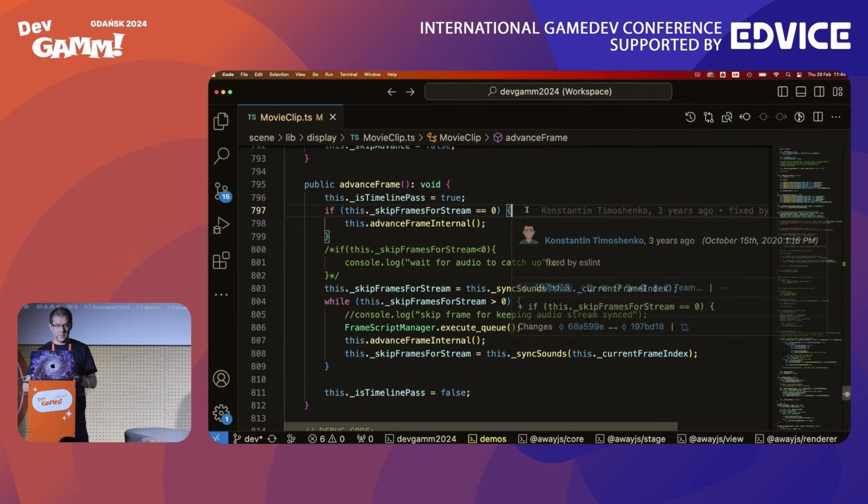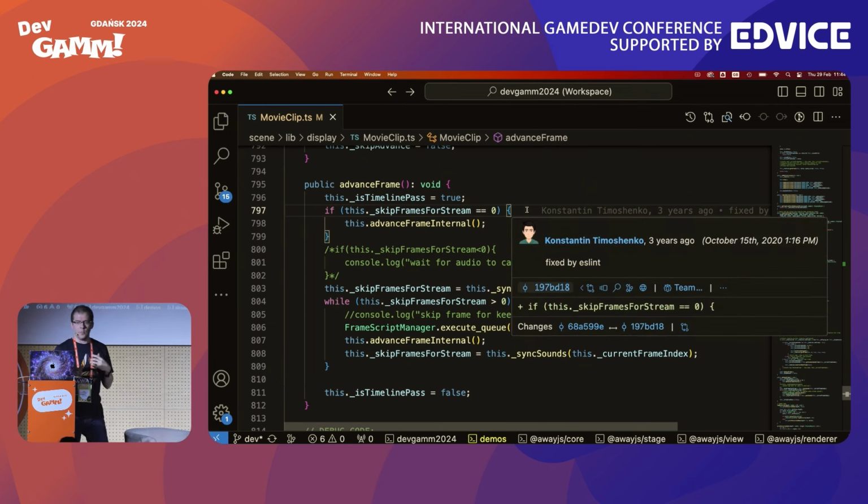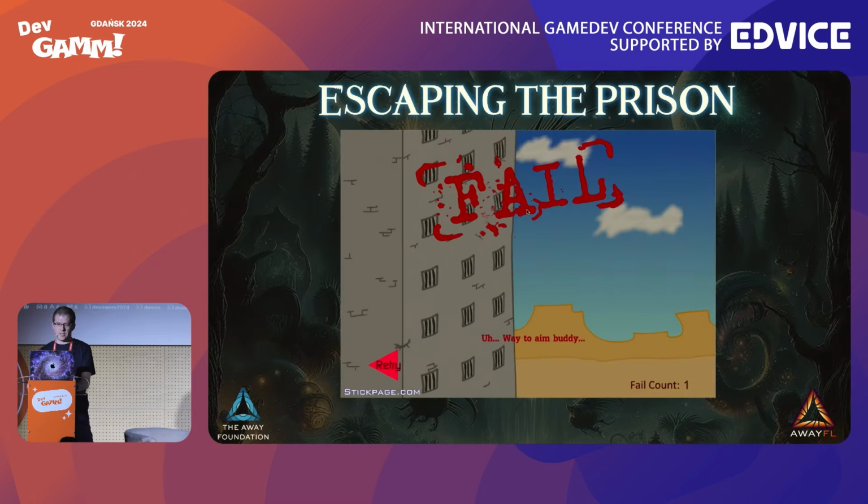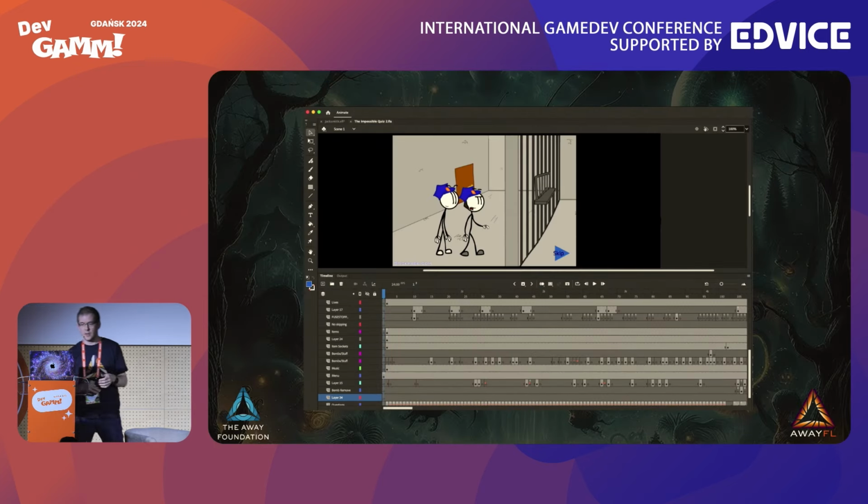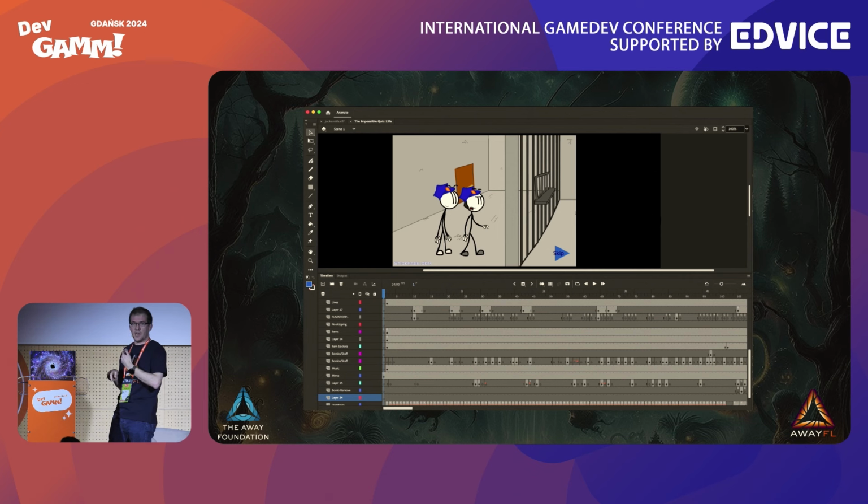here. We've got the advanced frame method in movie clips. So when we're dealing with, first of all, let me just show you what I'm talking about. When creating old Flash games, you tended to deal with this. This is the editor, now called Animate, but it used to be called Flash Pro. And you have a bunch of timeline elements. Timelines are basically individual frames of animation, and you can sort of scrub through them. You can jump to different points, but more often you're just playing them back, and the animation plays